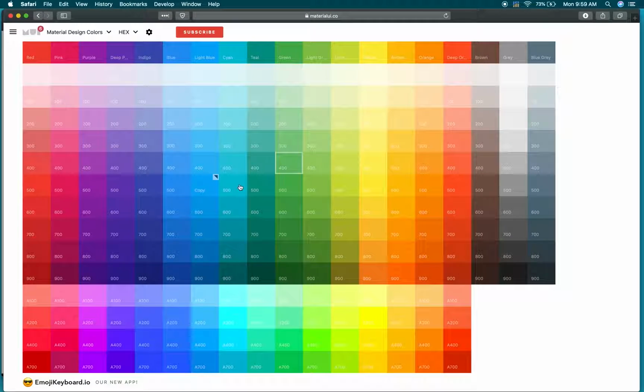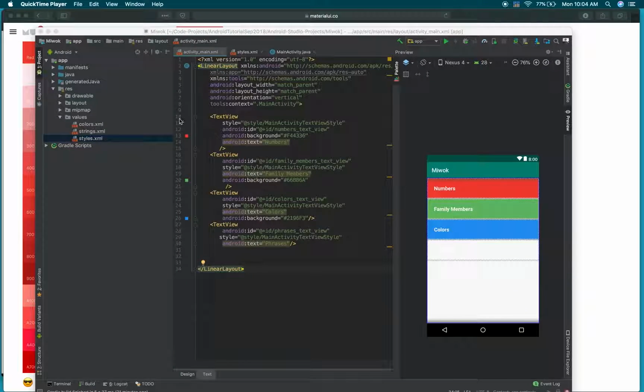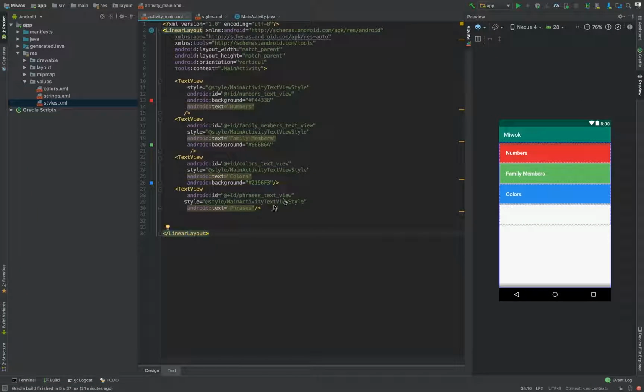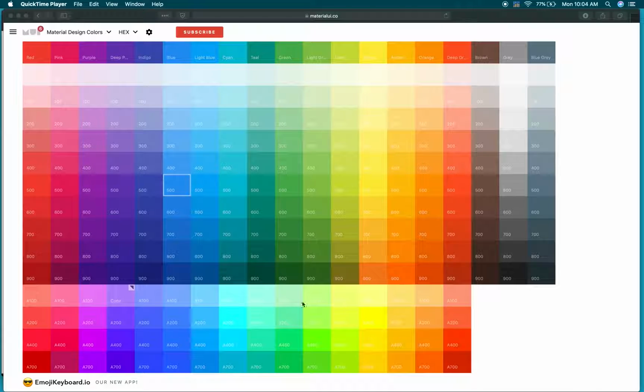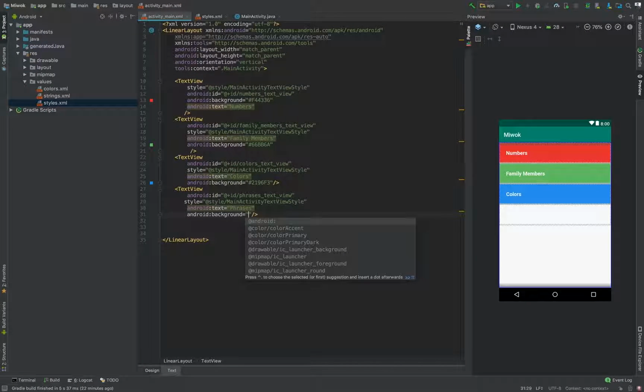Now I just need to choose the background color. So how about the next one with this kind of blue? So background equals hashtag blue. Finally, we have to look at the phrases text view. We just have to give this a background color, and how about, I am not sure about that, but how about this color? This color sounds good. So we have background equals to,